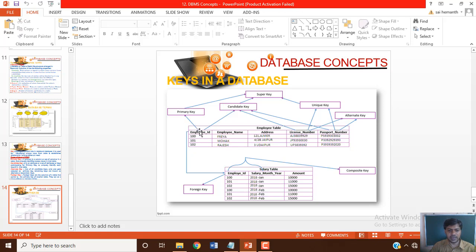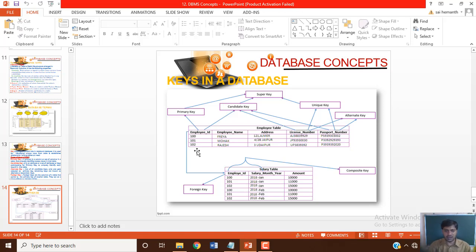Now here you can see employee ID has the values 100, 101, 102. All are unique values. Each and every employee will have a unique ID number in any organization, so it can be represented as the primary key. Primary key means it is unique in nature and should contain unique values, which will not allow duplicate values.